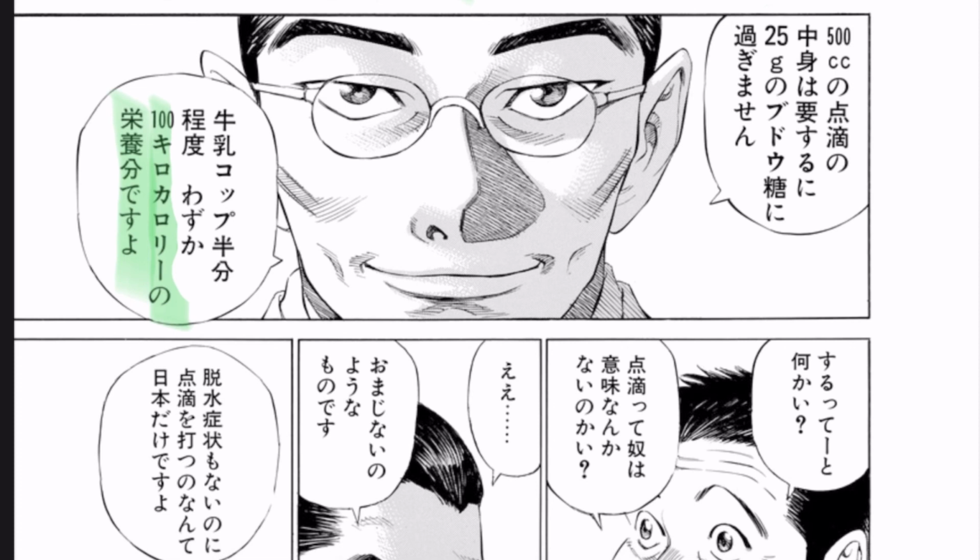わずか, only, just a small amount. 100キロカロリーの栄養分ですよ。栄養 is nutrients or nutritional value. 分 is like a unit of measurement, a way of measuring an amount of nutrients. So there's only 100 kilocalories of nutrients. ですよ。So, reading through that a little bit smoother: 500ccの点滴の中身は、要するに25gのブドウ糖に過ぎません。牛乳コップ半分程度、わずか100キロカロリーの栄養分ですよ。